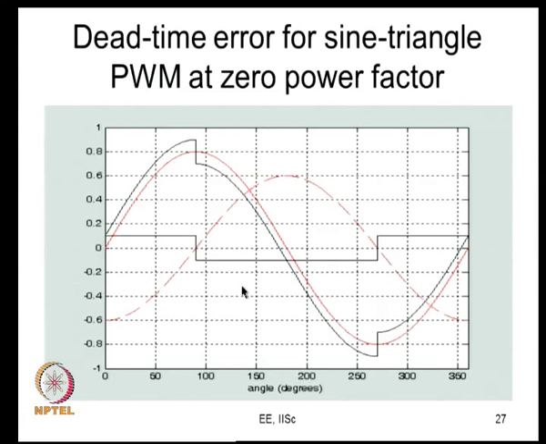So, what happens now? You see that there is an error voltage. So, your average pole voltage, what do you mean by average pole voltage? You know what is pole voltage? That is the midpoint of a leg, the potential at the midpoint of the leg measured with respect to the DC bus midpoint, and that is the pole voltage. That is the R phase pole voltage. That R phase pole voltage can be averaged over every half carrier cycle or every sub cycle, that you will call as average pole voltage.